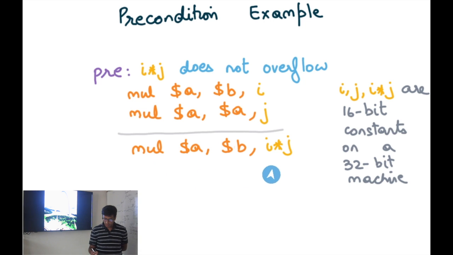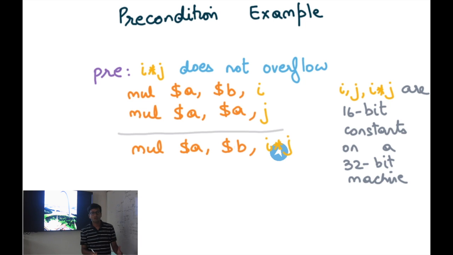And here is a Peephole optimization which says if you see these together, then you can replace this with I star j. This is similar to the constant folding optimization that we saw with the addition instruction. Just that here I have replaced it with the multiplication, with the twist that these constants can only be 16-bit on a 32-bit machine. So the registers are 32-bit, but the constants are 16-bit. Now notice that